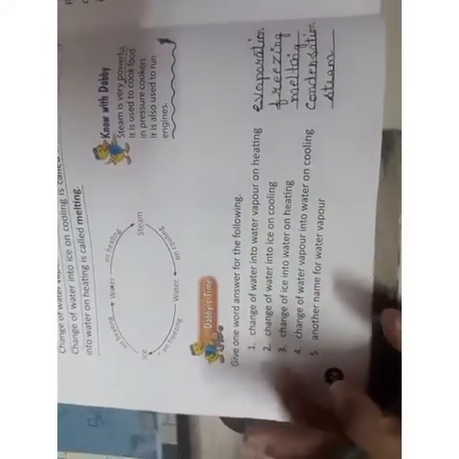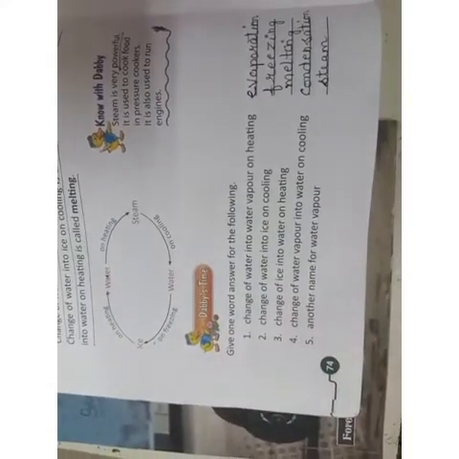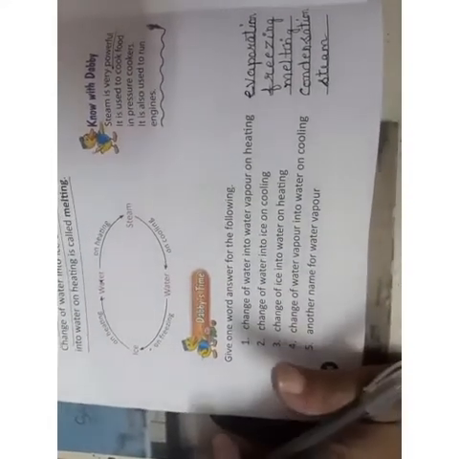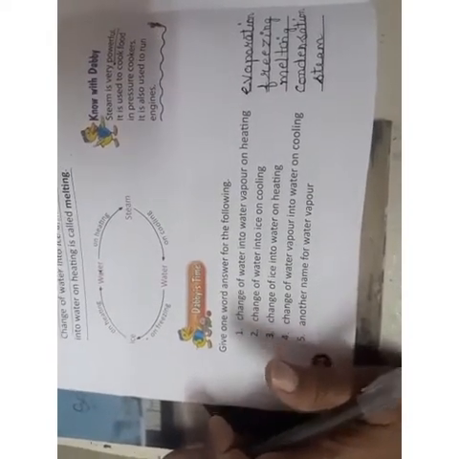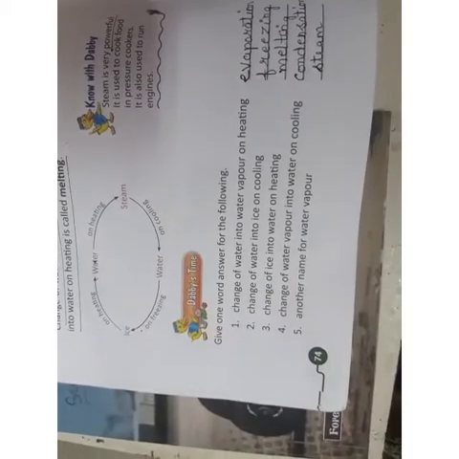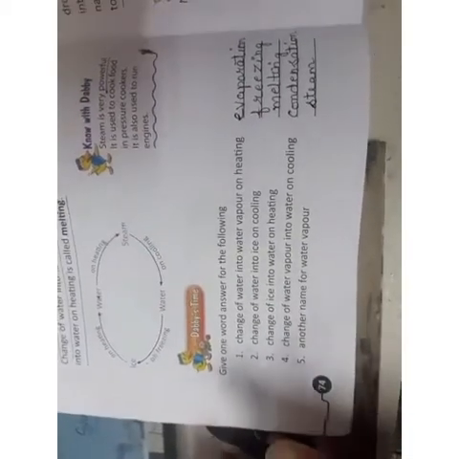Now dear children, I hope you have understood the three forms of water are solid, liquid and gas. Liquid, the water that we find in the natural form, पानी जैसा होता है वो natural form में liquid होता है. Ice is the solid form of water, and steam is the gas, or the water vapor is the gaseous form of water. Now dear children, we move on to page number 75. Here we are going to study the complete water cycle that happens on the earth, on the rivers, ponds, lakes, how the water evaporates and becomes the cloud.